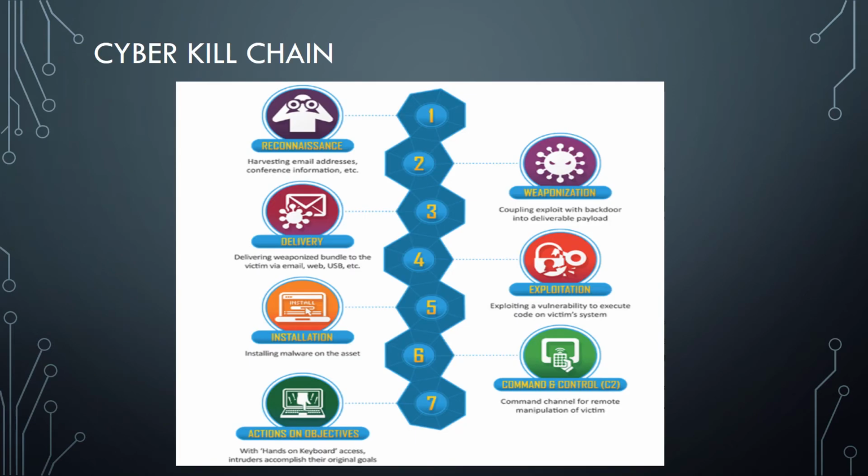Cyber Kill Chain. Cyber Kill Chain is developed by Lockheed Martin. Usually, what it describes is the steps that the attackers take to attack the target, and it has 7 steps, and it defines what steps an attacker takes, the tactics, techniques, and procedures that they are using to attack your organization. So the first,